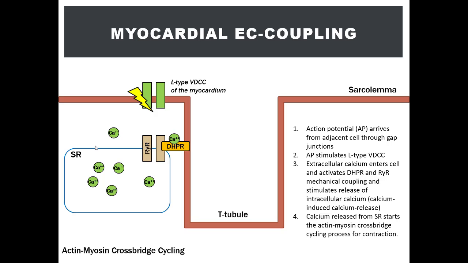All right, so far I've discussed the mechanism of SA node automaticity and how it generates an action potential automatically and intrinsically without extrinsic stimulation at around 60 to 100 times per minute to produce an intrinsic heart rate of 60 to 100 beats per minute. Then I discussed, as shown here, how the action potential then creates a cardiac muscle contraction, first in the atrium and then in the ventricles.